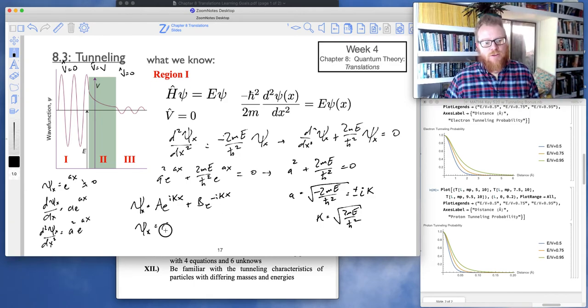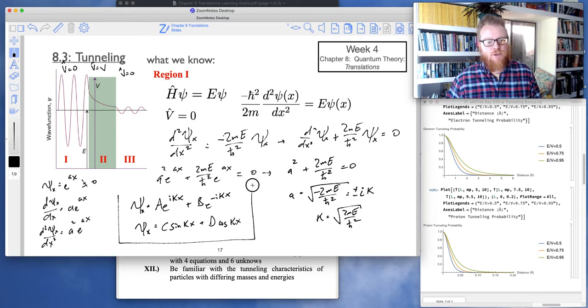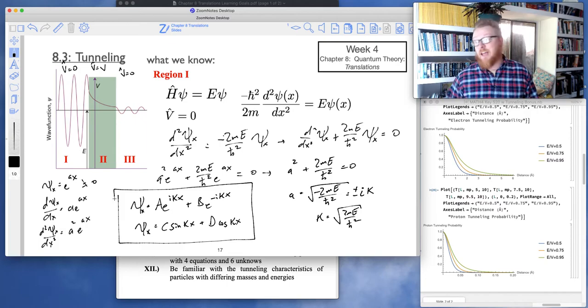Okay, so I'll also write that we could write that in terms of sines and cosines, and we know either of these solutions are acceptable for region 1. All right. So what about region